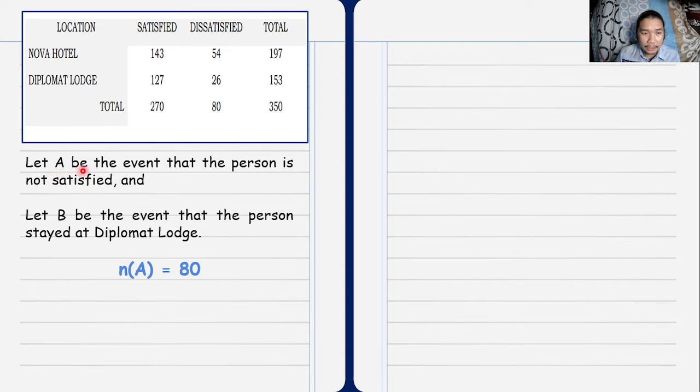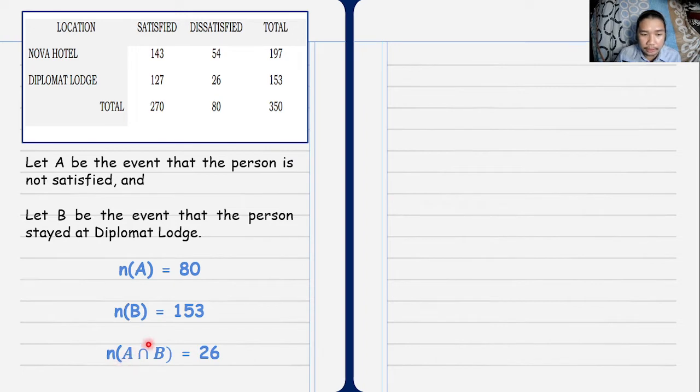Since event A, tukuyin natin kung sino yung mga person na hindi satisfied. So from the table, tingnan natin yung mga nasa dissatisfied. So there is a total of 80 persons na dissatisfied sa services ng mga hotel. And then sa event B naman, the event that the person stayed at Diplomat Lodge. So tukuyin natin yung mga tao na nagstay sa Diplomat Lodge. So there are 153 persons who stayed in Diplomat Lodge, and the intersection A and B,